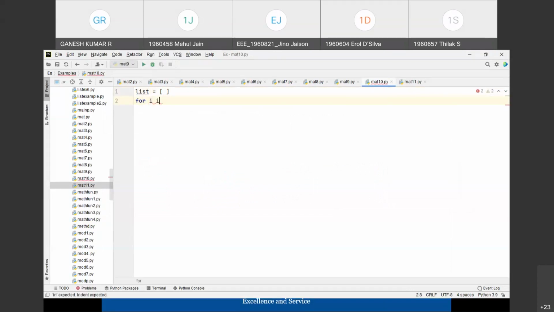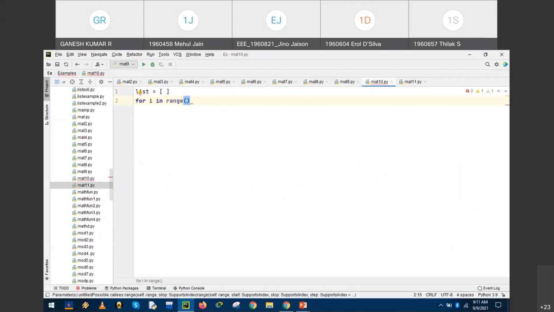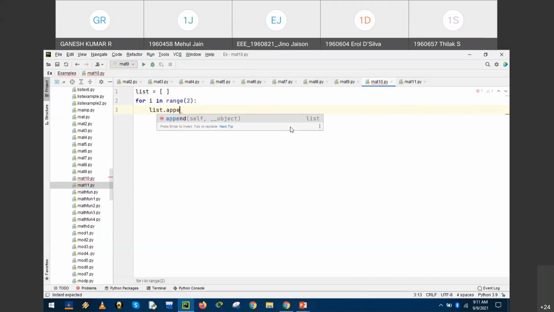For i in range of the value. Okay, the for loop ends with a colon and is followed by the indentation block. So we have to add the elements into the list, one after the other. So list dot append. The append function holds the variable. The control variable is i, right?